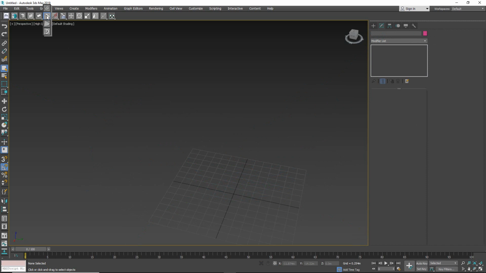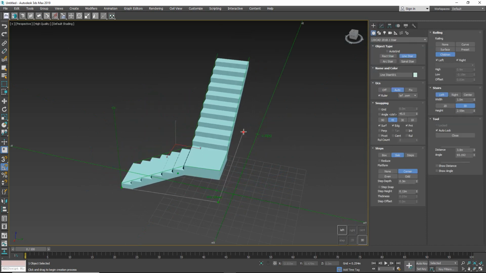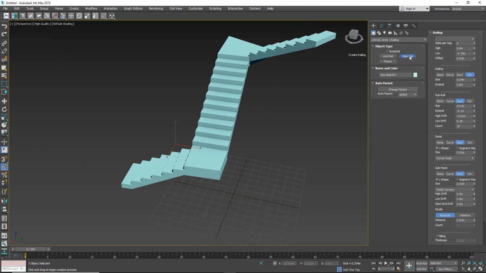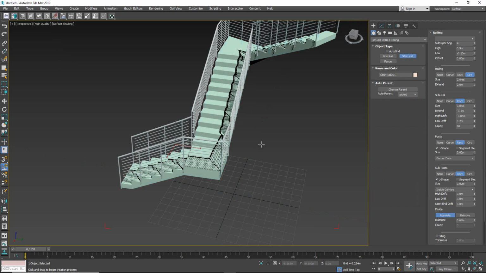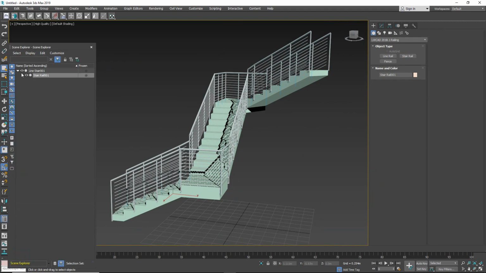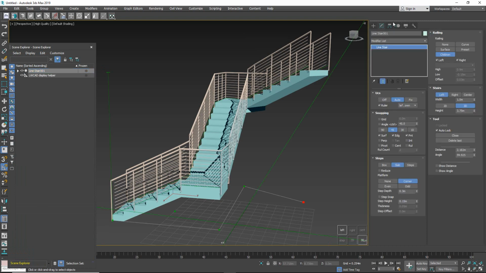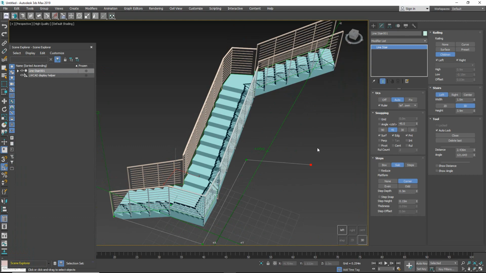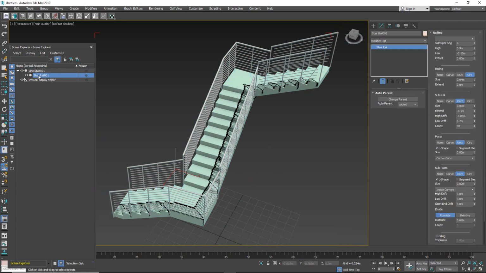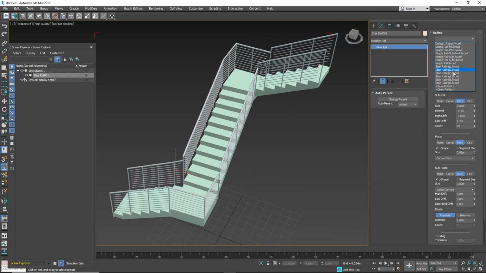In the second method, we first need to create some stair object. This will be our parent object. The second step is to create a stair rail object by clicking on the existing object, and it will automatically link the stair rail object to the existing stair object. So now we have two objects linked together as parent and child, and you can edit them separately. For the stair you can still adjust handles, delete, add, so it is a live interactive stair object, and the same goes for the attached child. You can also separately change the parameters of the railing, or change to, let's say, another